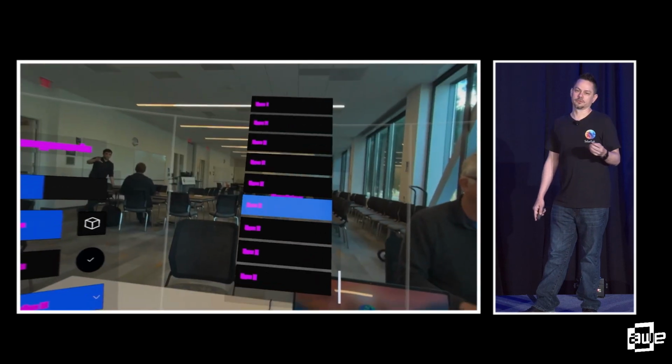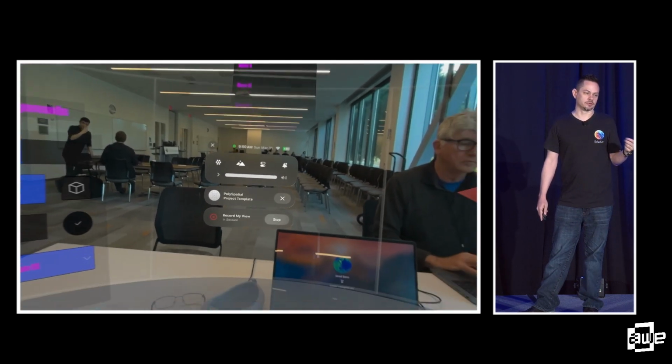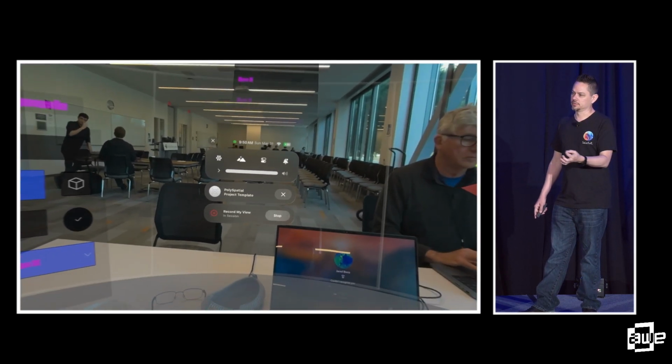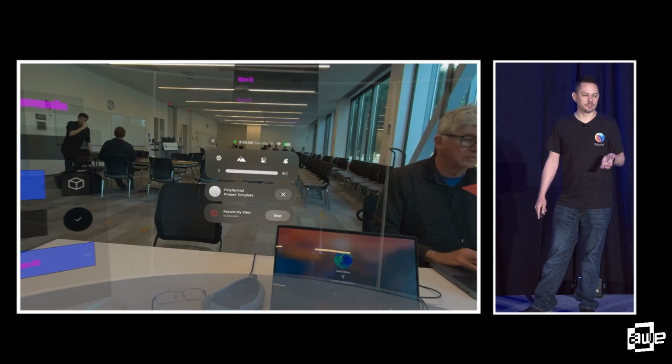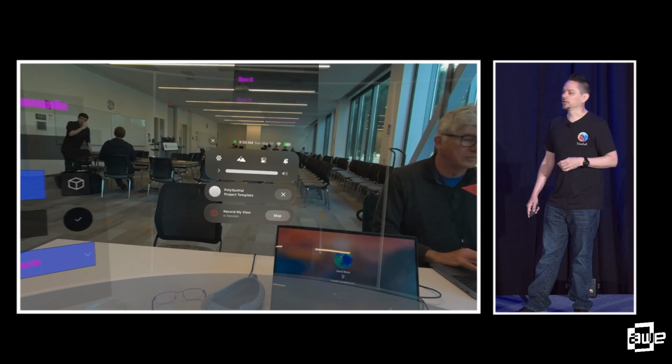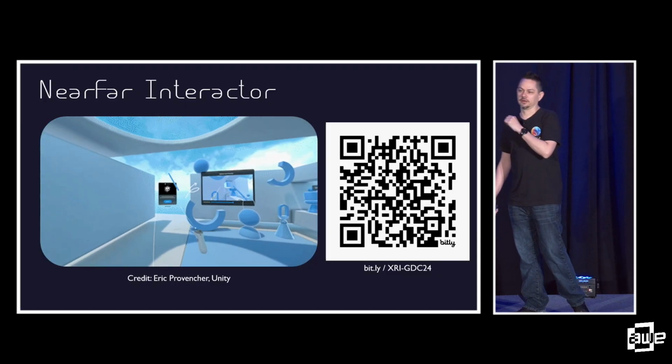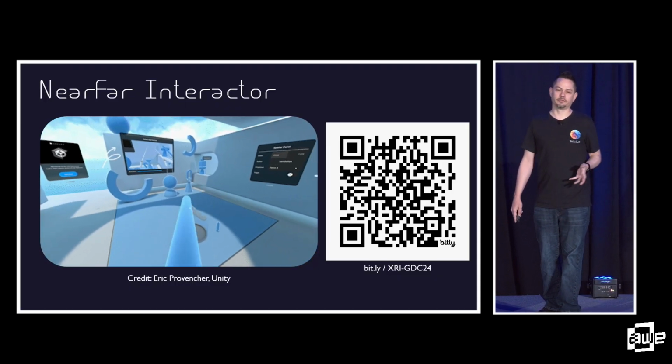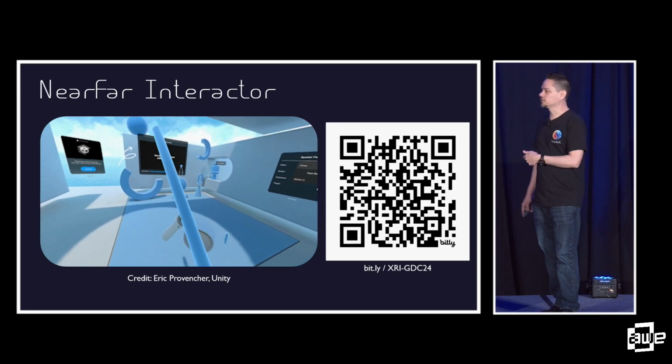And the reason for this is the way that the Vision Pro handles focus. The operating system is responsible for where the focus is. There's this thing called spatial pointer, and XRI didn't support it yet. Good news is that XRI has now been completely refactored in 3.0 to support this correctly.